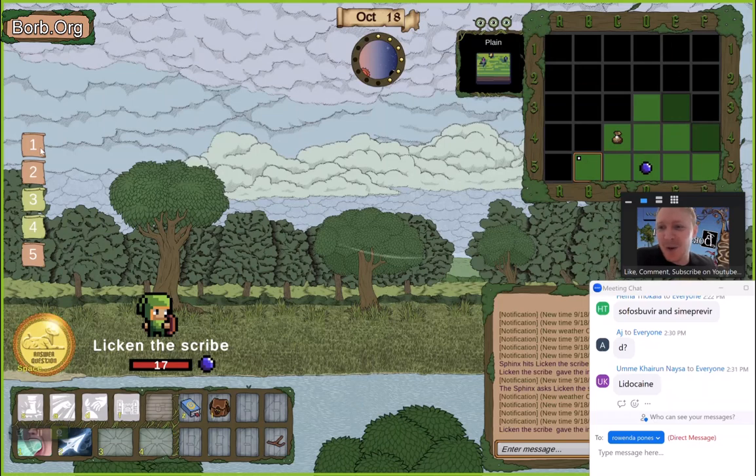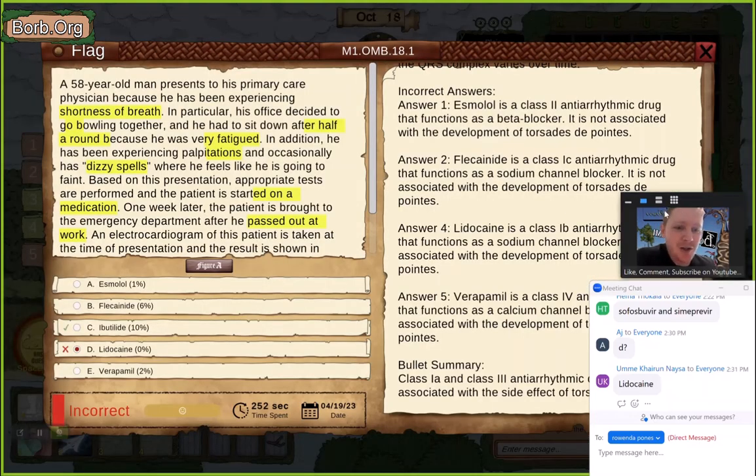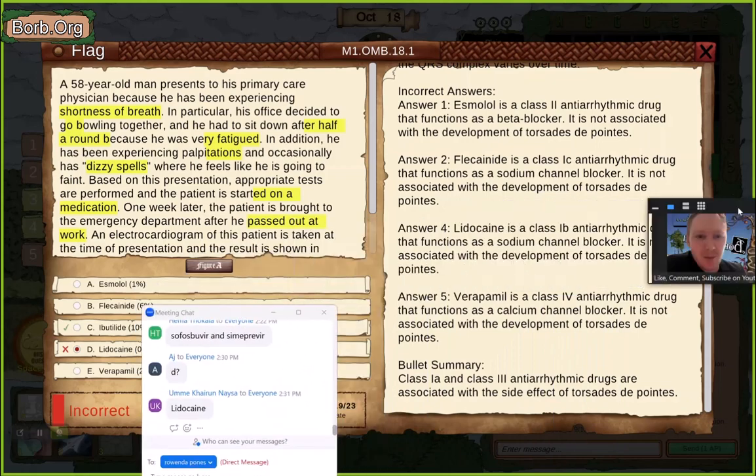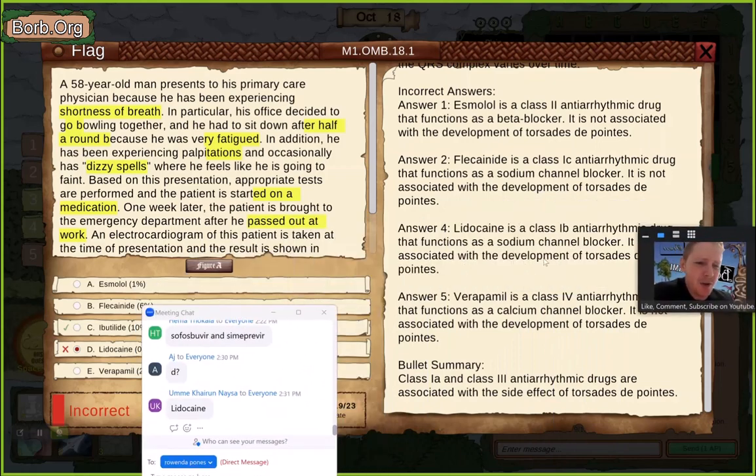I think that's a tricky question. These are very, very high yield questions that I hate. I hate antiarrhythmics, but I think they're very important. They're also very clinically important to your patients, especially because no matter what you do, even if you do psychiatry, people are going to be on antiarrhythmic drugs. They're going to be older patients. This was torsades